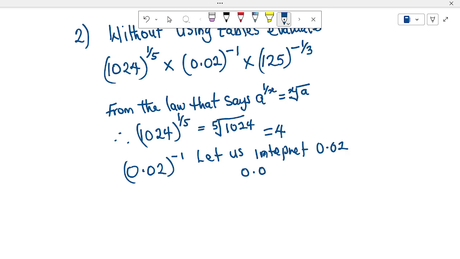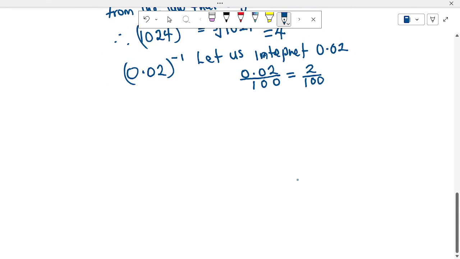0.02 as a decimal is the same thing as, remember when you did decimals, your point will represent what? 1. Good. Every other figure after it is 0, 0. Leaving us with what? 2 all over 100. Fine. That is what you learned few years back. So having dealt and interpreted 0.02 to be that, then we can bring it back to say 2 all over 100